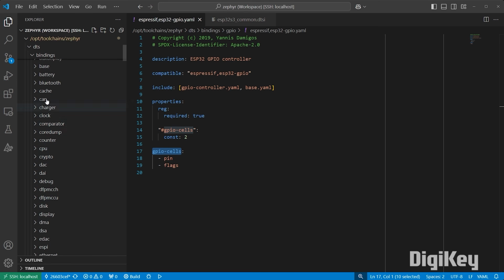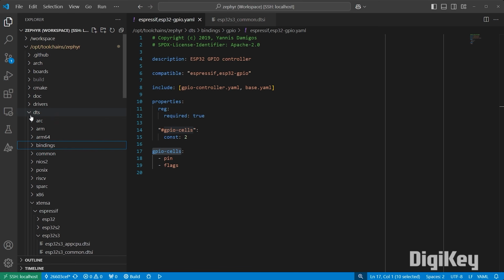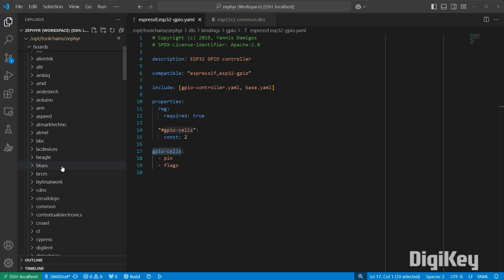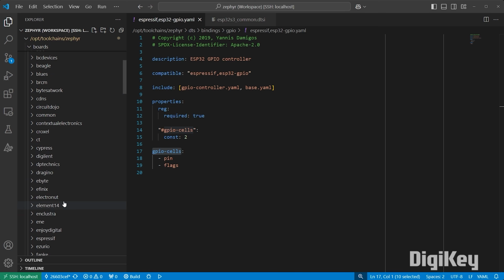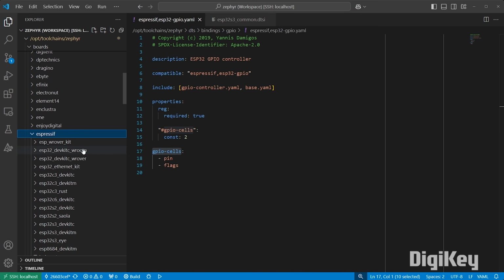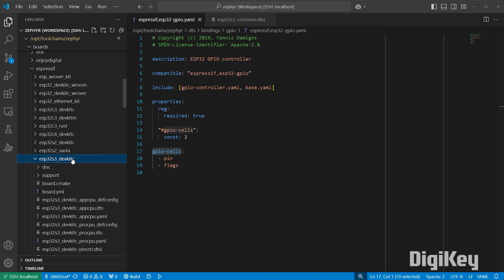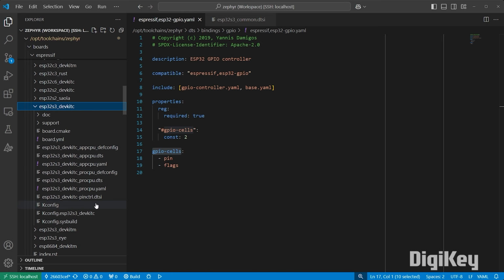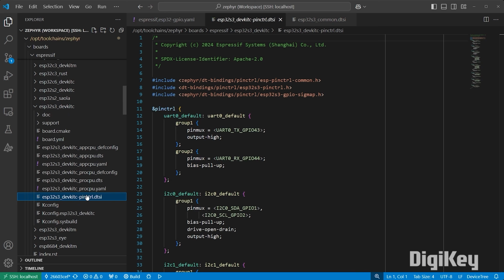Let's go back to looking at our board definitions. So if we go to boards, we're going to go down to Espressif. We're going to go down to our dev kit C that we've been working with. And a common one is this pin control DTSI. You will see this appear a lot for your boards. So if you're creating a board, you're probably going to want something like this because it's how you attach pins